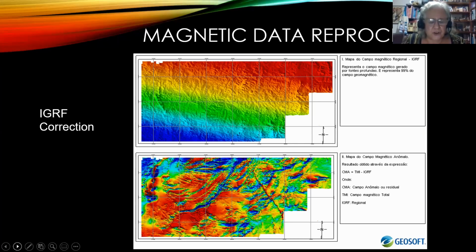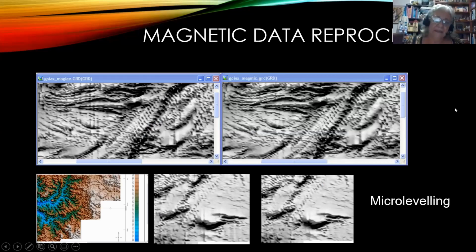IGRF, the International Geomagnetic Reference Field, that will leave us with the magnetic anomalous field to process and interpret. This is the result of micro leveling, when you still have noise in your data. You'll use filters to micro level your data. And